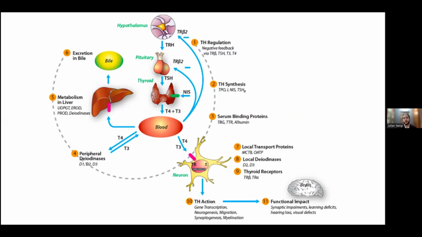T3 acts through nuclear receptors to regulate transcription of genes involved in metabolism and mitochondrial activity, as well as sympathetic responsiveness and neural development. Where this goes wrong in primary hypothyroidism, for example, is that the thyroid gland itself fails, right? So T4 and T3 fall. This removes negative feedback, so the pituitary increases TSH, thus causing diseases such as Hashimoto's thyroiditis, iodine deficiency, thyroidectomy, and